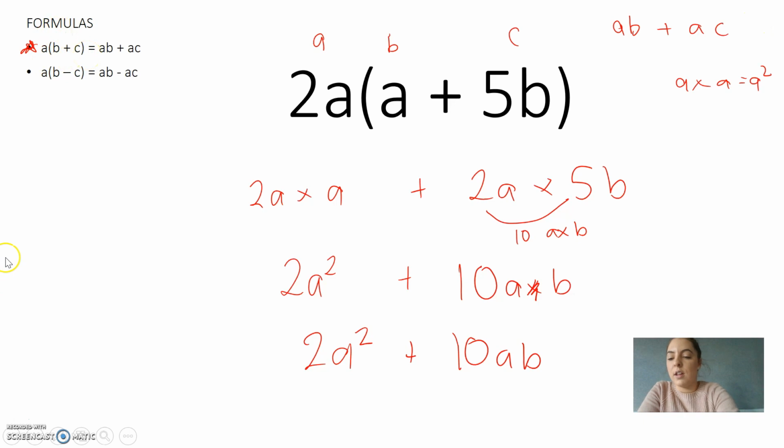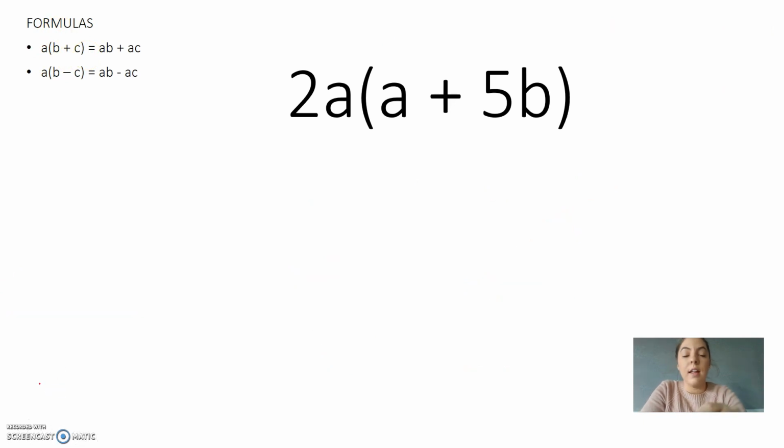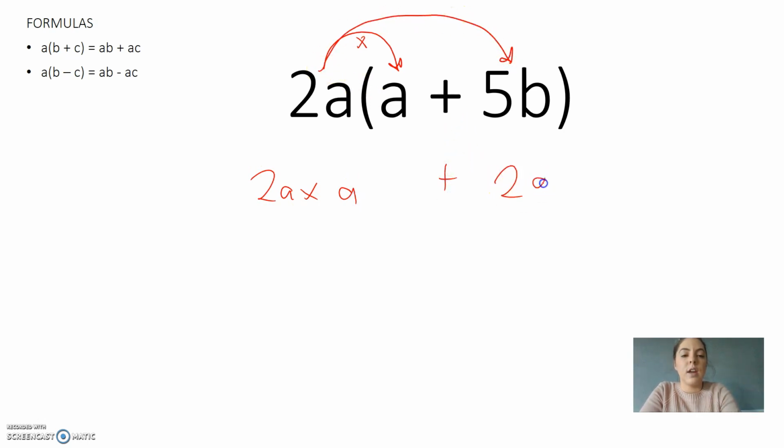If we want to use the arrows so that we can make sure that we capture all of the terms inside the brackets, we can do that too, and we'll do that now. So I'm going to start with 2A times A plus, drop straight down, 2A times 5B. So right now, this step is the same as it was when we used the formula. The only difference is that I have used arrows to make sure that I've accommodated both the terms that are inside the brackets. So in this case, 2A times A, remembering A times A is A squared,